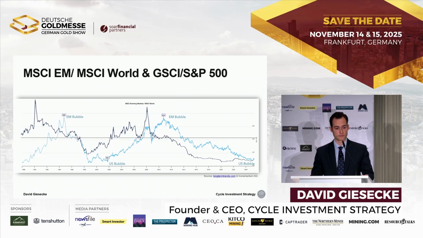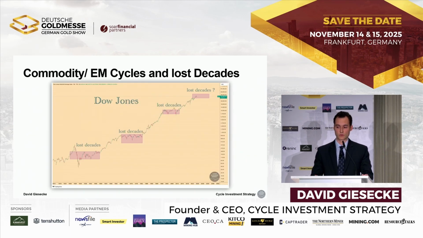This is also fundamentally driven because the dollar gets weakened in phases when the emerging markets get inflows and outflows out of the US, which benefits the emerging markets because their debt is financed in US dollars. And also a lot of emerging markets are commodity exporters, so their economies benefit from rising commodity prices. Every time we have seen those cycle changes, a commodity or an emerging market cycle, we have seen at least a lost decade for the US market.